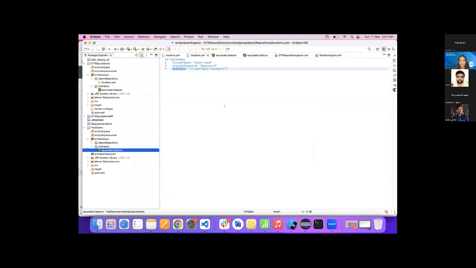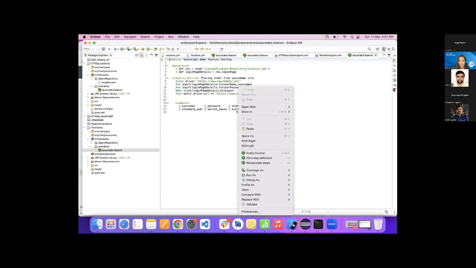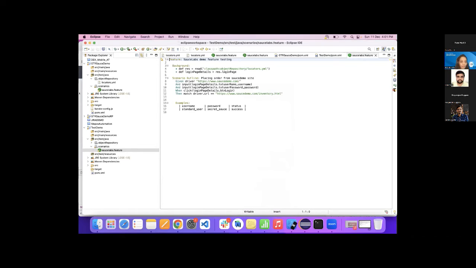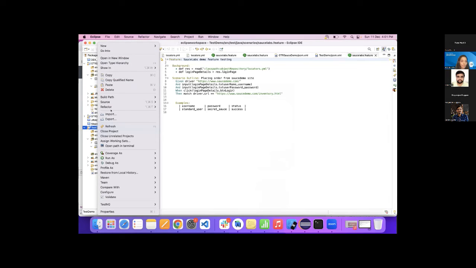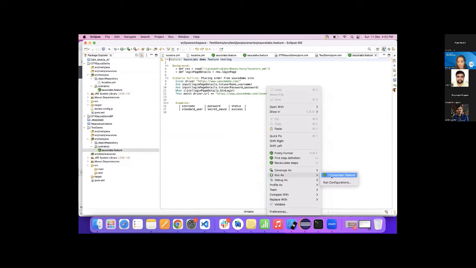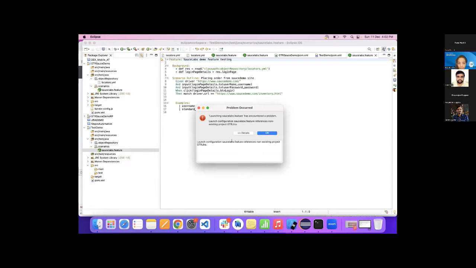I hope it recognizes because it's a completely new setup. So refresh and see what error it is showing.